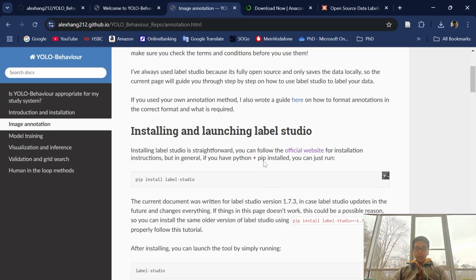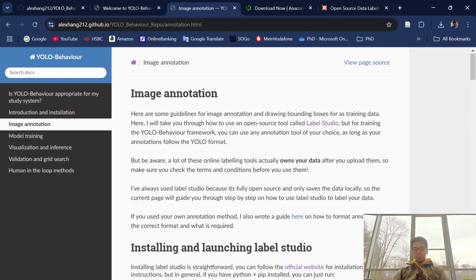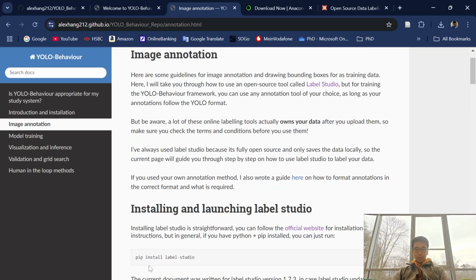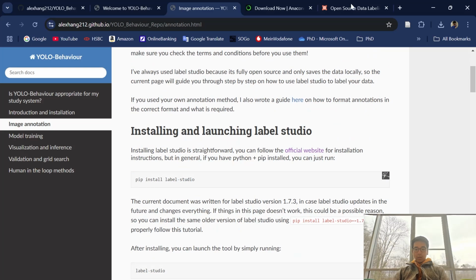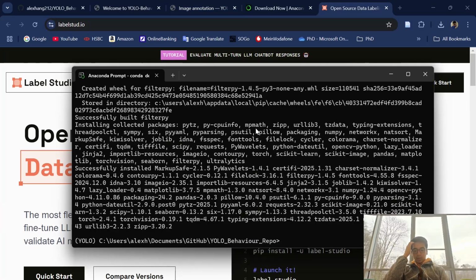So on this page, I walk through the whole pipeline for annotating data, so I could quickly go through it. This is called Label Studio, and I also recommend installing it using Anaconda. First, I'd actually recommend installing it as a separate environment so that it's easier to keep different things separated. So if I do conda deactivate,